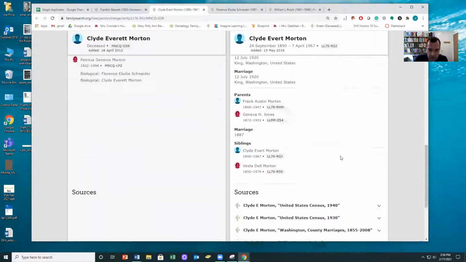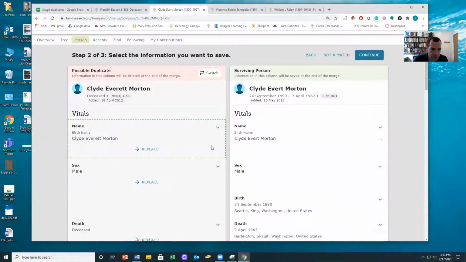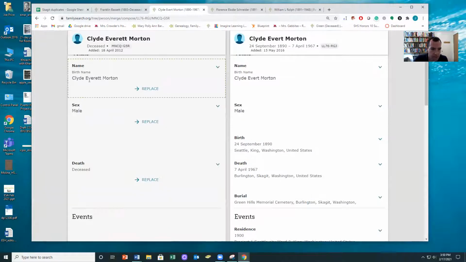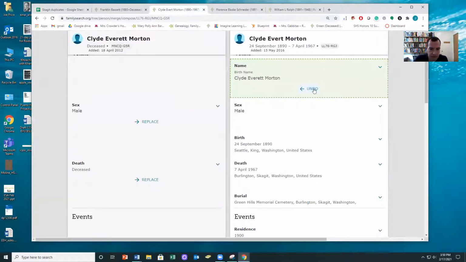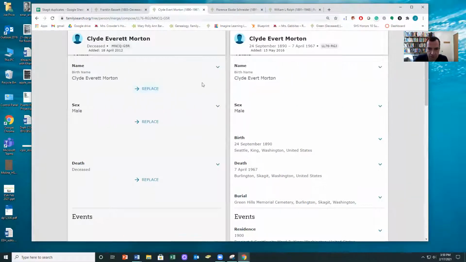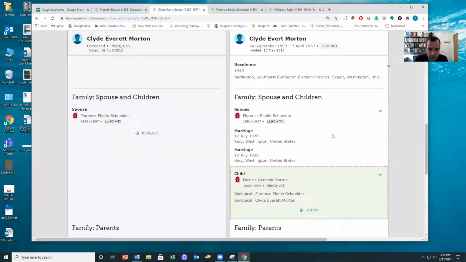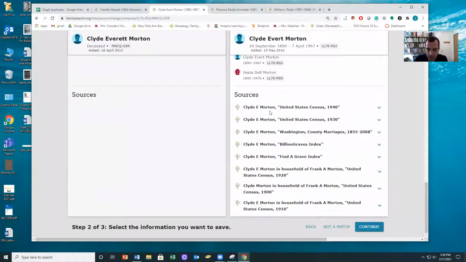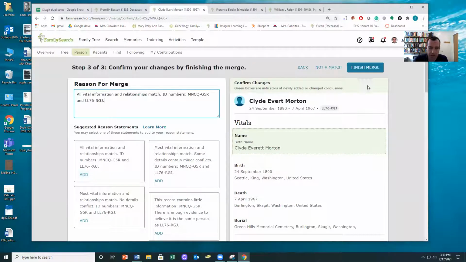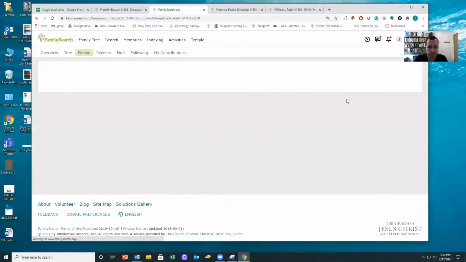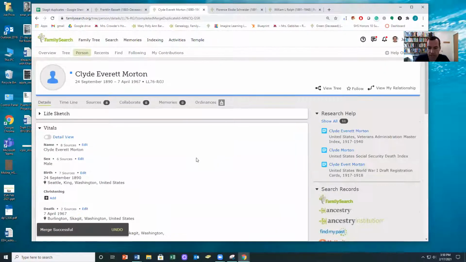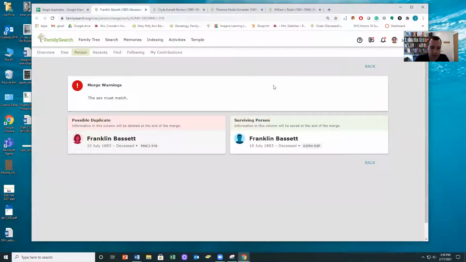Okay, so again, notice everything's lining up really well. We hit that. Let's see. I think I'm going to go with this spelling, so notice that over here it was kind of Evert and Everett. I could be wrong, but that seemed like probably the way to go. I could look at the sources to see if there's any clues, but there isn't. And we'll hit add, and then we'll finish. Okay, so notice this time it went through just fine. I think it just happens to be when you have kind of 2 family members. Okay, here's our last one.